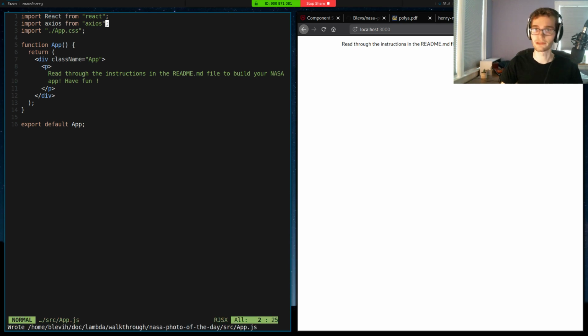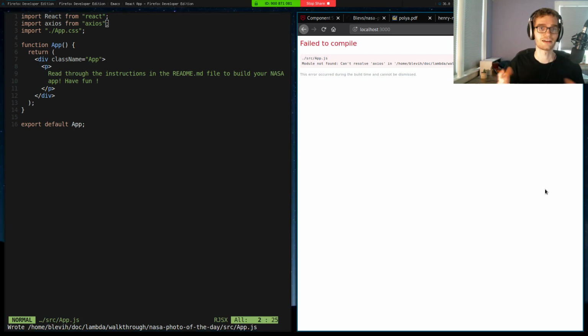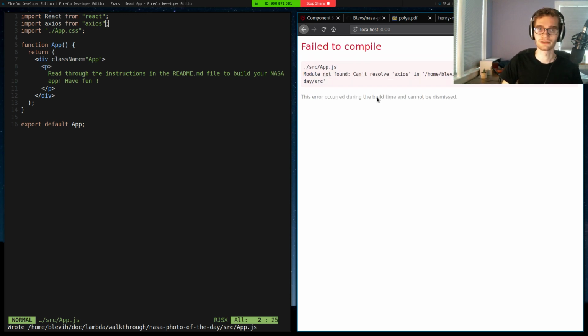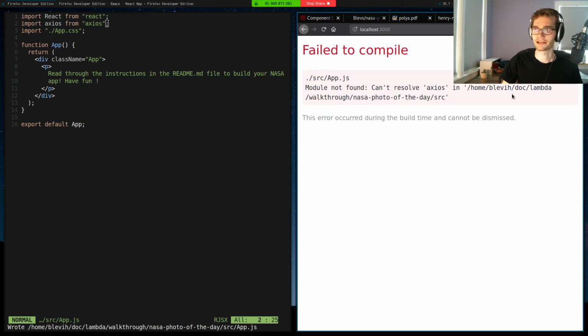So I'm going to do this, and then I'm going to get an error. And this is one of those errors that is helpful once you understand what it's saying. So it says module not found. Cannot resolve Axios in, and it's giving me this path that ends in my source directory. So that's where I currently am. What this means is that because I didn't specify a relative path,